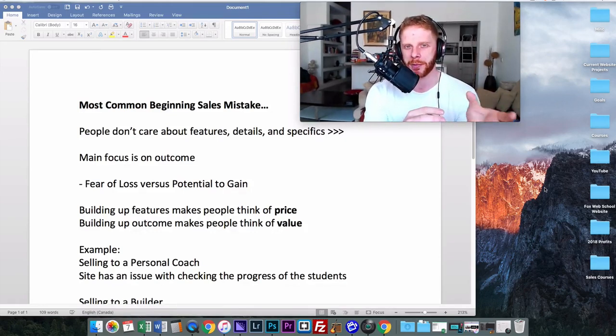So maybe there's a problem in their business, maybe their finances aren't that great, maybe they have some sort of aspirational goal for themselves or for their business. So they want to move away from one point that they're not happy with, and they want to move towards another point, which is their preferred point to be. When they consider any sort of purchase, they're going to see it from that perspective, the perspective of moving away from where they don't want to be and moving towards where they do want to be.